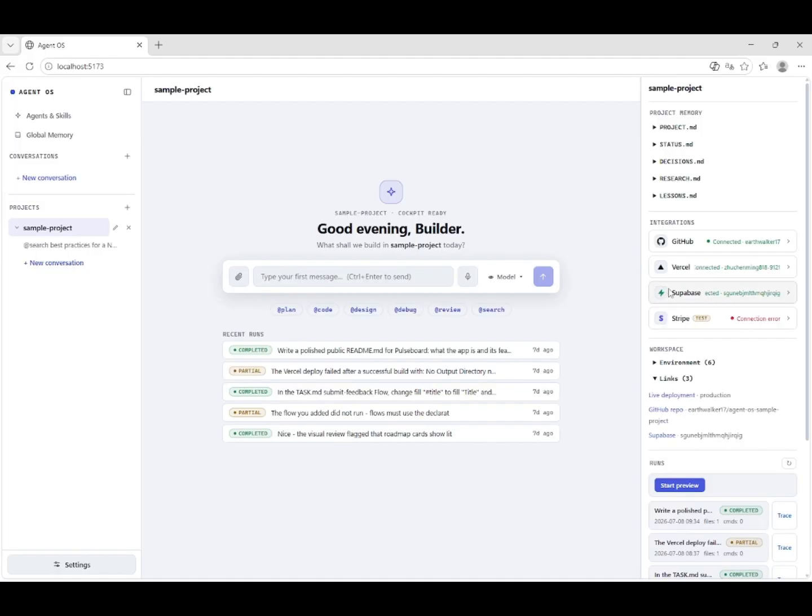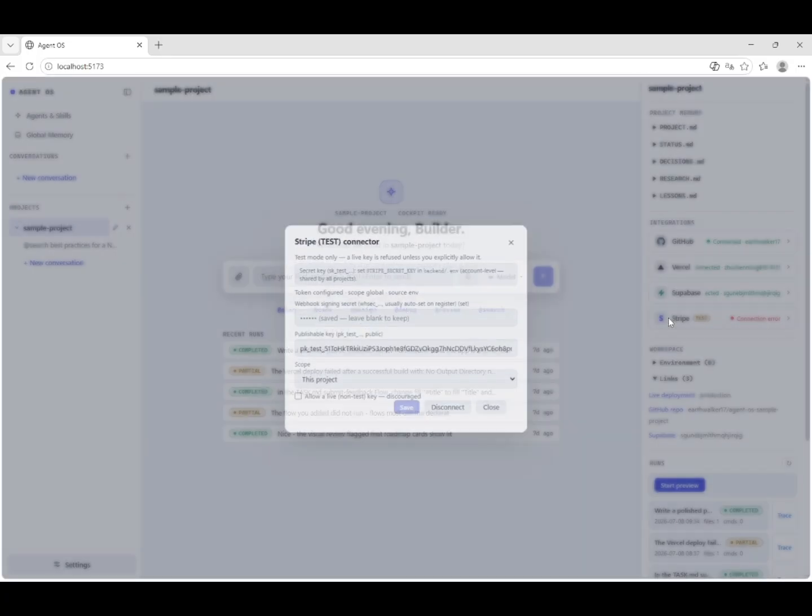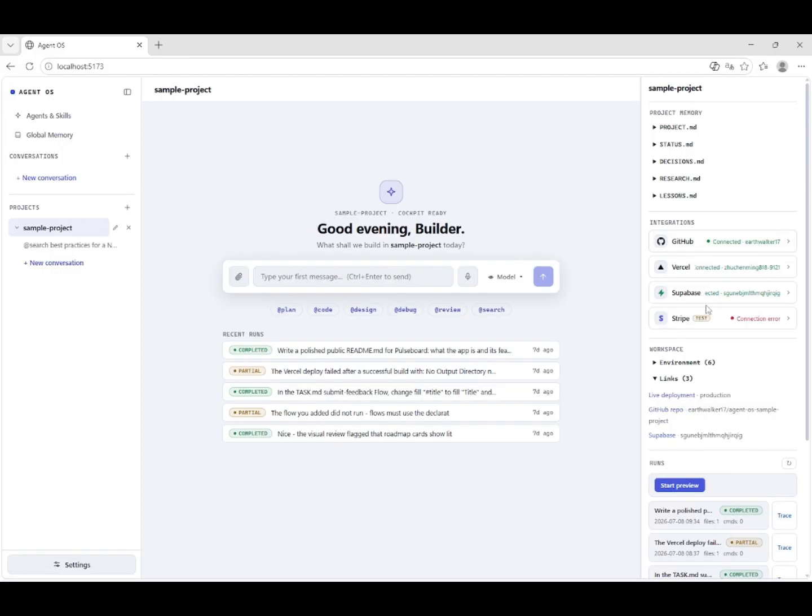Similar to Supabase here and Stripe test. You need to fill in all the project-specific connection information in these models, but the access tokens, which are at account level, all go to .env, so they can never be seen from the UI, which protects user